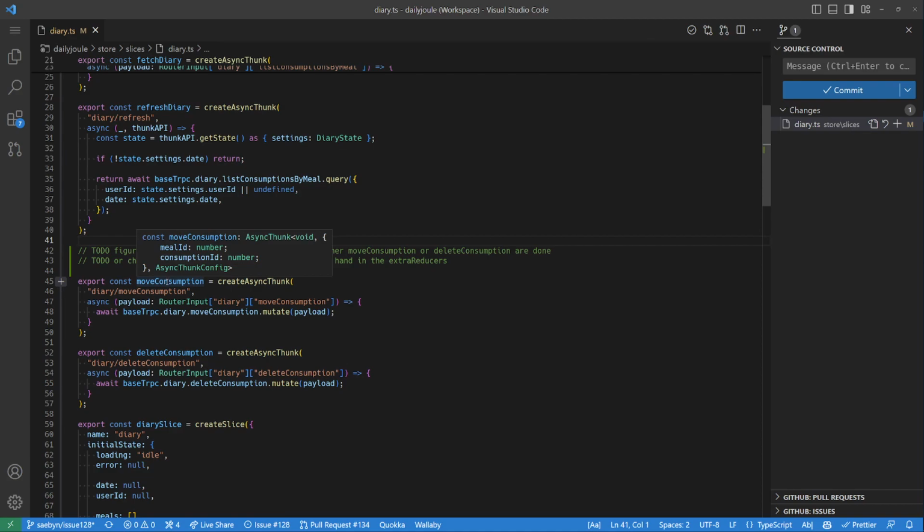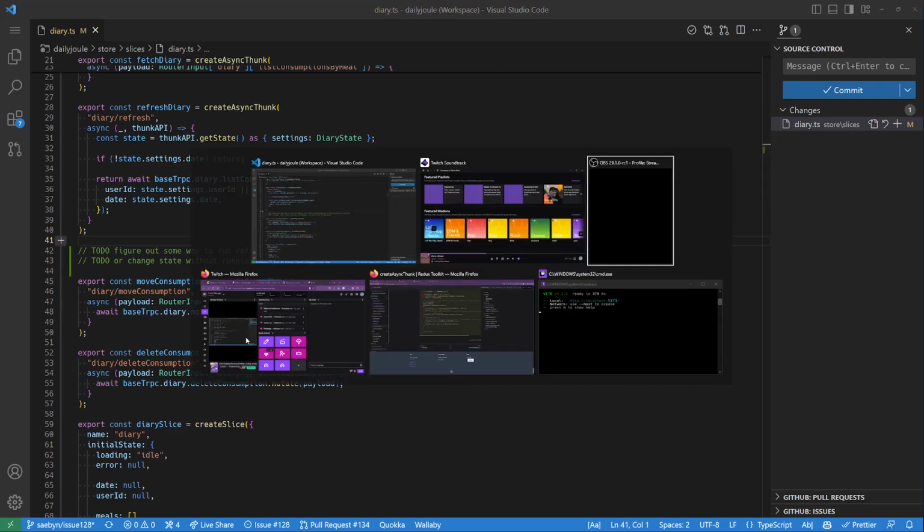the app to either move something that we ate, aka consumption, from one meal within the diary to another one, or to just delete it outright. And we need a way to effect, basically updating the UI to show that we have, in fact, done that. Once that happens,